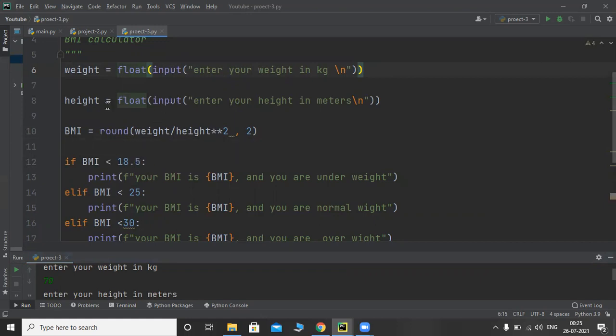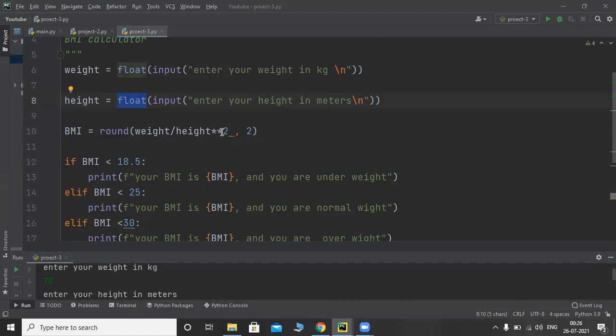In a similar way, height also is plain text, enter your height in meters, and we require a number, so we are converting it into float. And this is simply the math formula, weight divided by height squared.